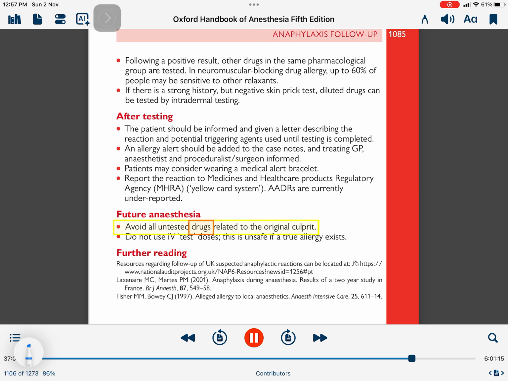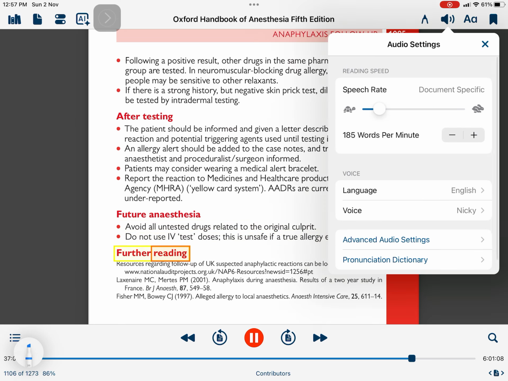Future anaesthesia: avoid all untested drugs related to the original culprit. Do not use IV test doses. This is unsafe if a true allergy exists. Further reading resources regarding